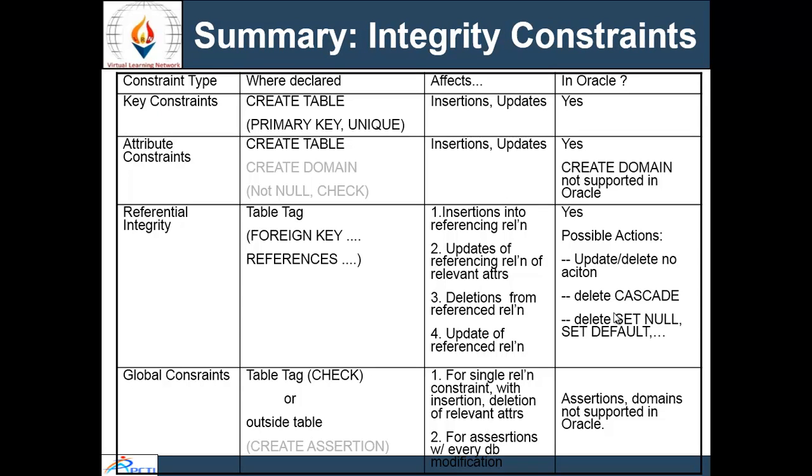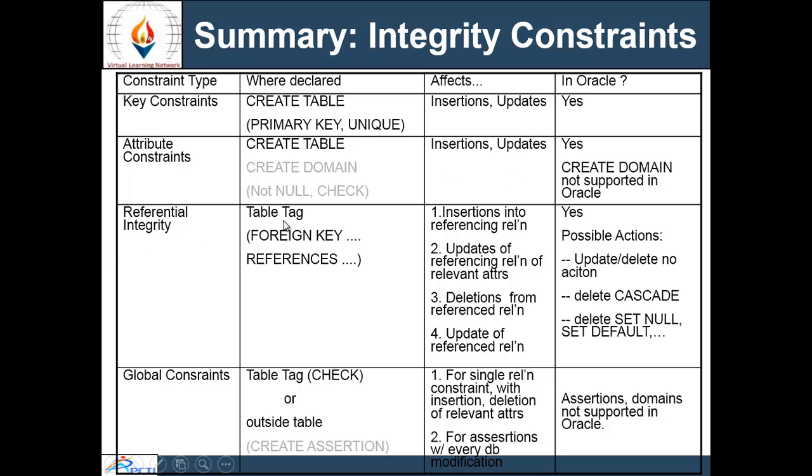In short, if you want to categorize the constraints in different fields, then in the case of key constraints, which you can declare at create table, that is by primary key and unique, it affects the insertions and updates. Next is attribute constraints, that is not null and check constraint, which also affect the insertions and updates.